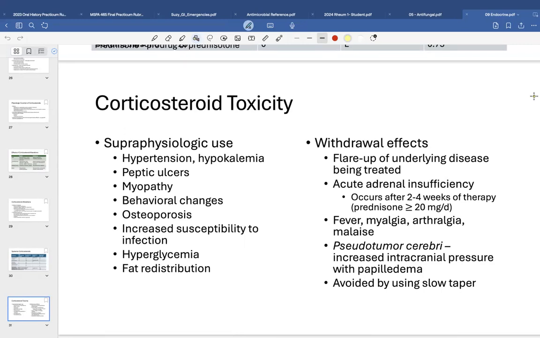When you withdraw from long-term use of corticosteroids, again, the underlying disease can clear up, and you get acute adrenal insufficiency. Usually, the level of corticosteroid use is about 20 milligrams a day of prednisone for about 2 to 4 weeks. But if you have a more potent steroid, or a higher dose, you can see that insufficiency take place over a shorter period of time. Again, the slow taper is